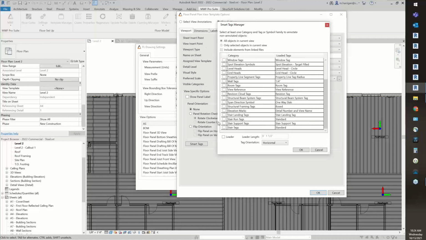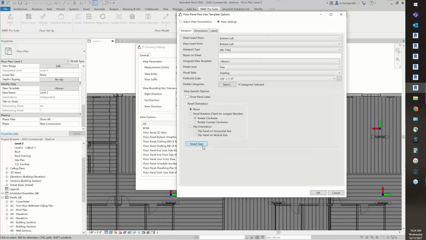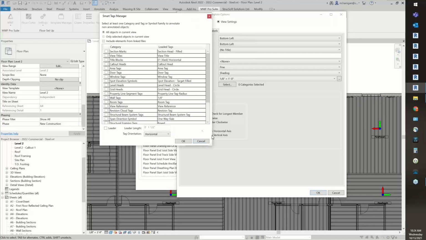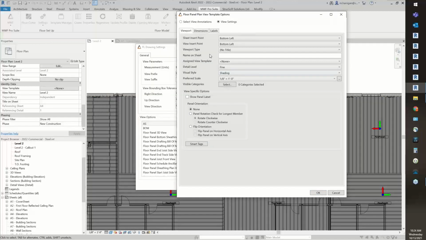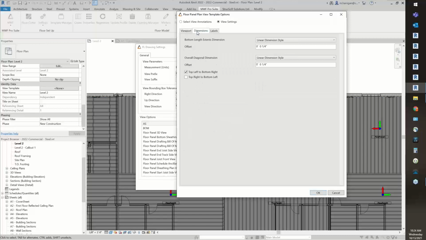Again, I don't have any selected in here. I do have this one here, but it is not set up to my panels. So that is an option that you have. Just going to hit cancel. And you just need to make sure you have the option checked, and then it will pull from that information. If we go into our dimensions,